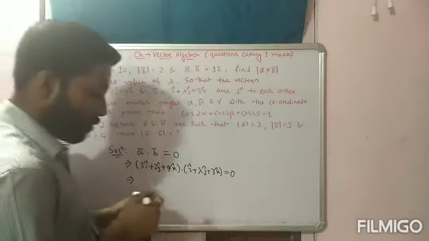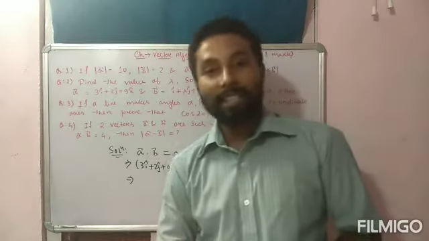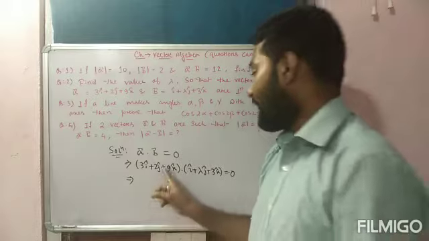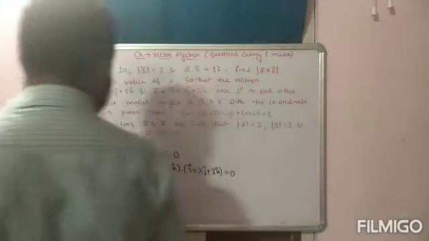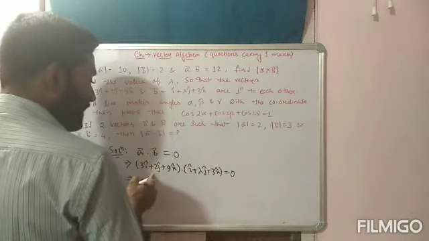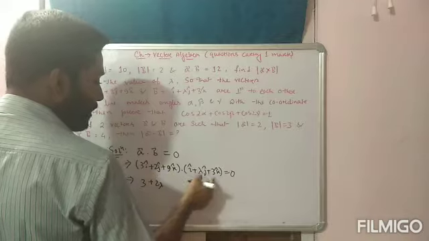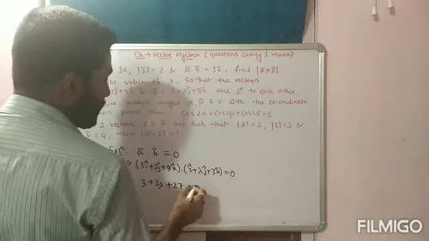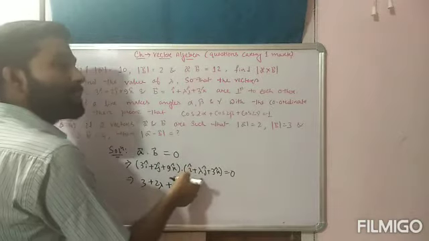Now we all know dot product is a real quantity. Yes or not? Dot product is a real quantity. So i cap dot i cap, we all know 1. j cap dot j cap 1. k cap dot k cap is 1. So 3 i cap dot i cap, that is 3 only. 2 j cap plus lambda j cap, that is 2 lambda. 9 k cap into 3 k cap, 27, which is equal to 0. i cap dot i cap is 1, but i cap dot j cap is 0.